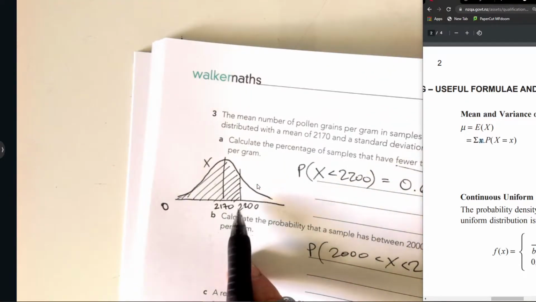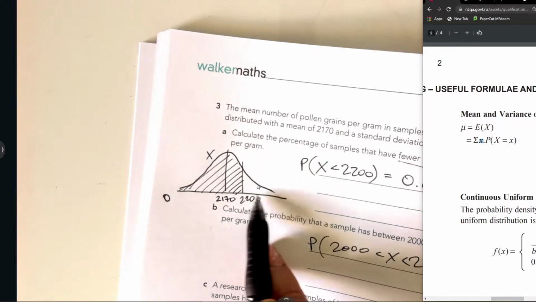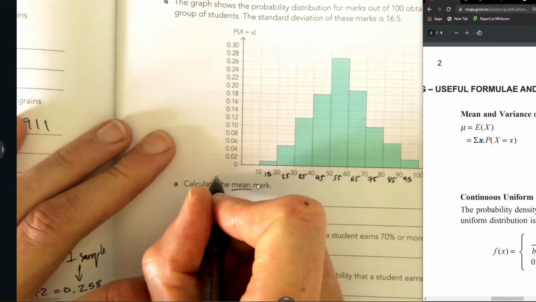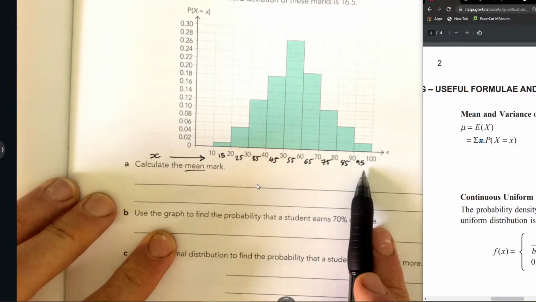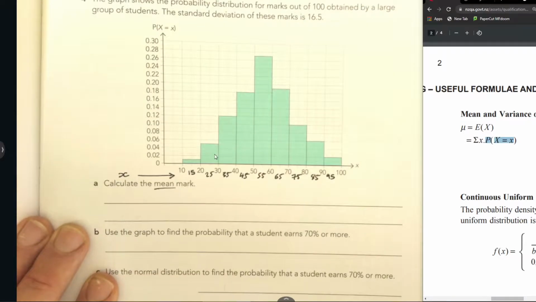I'm just going to quickly go back to here. Remember, a value x is the point that it takes in the distribution. So this x value would be 2,200. Now these here represent my x's. These are all of the little x's, 15 up to 95, on the picture. Then the probability of each of these x's is here. See how I've got it here? Probability x takes on that value. So the probability that the value 15 is taken is